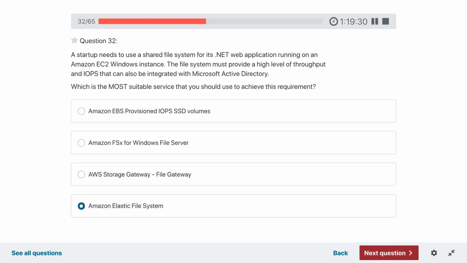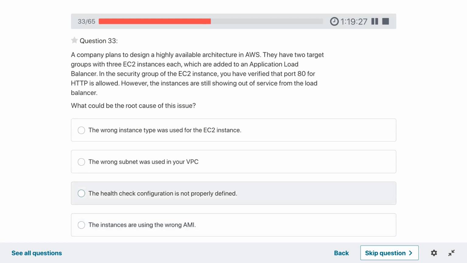A company plans to design a highly available architecture. They have two target groups with three EC2 instances each, which are added to an application load balancer. In the security group of the EC2 instances, you have verified that port 80 HTTP is allowed.